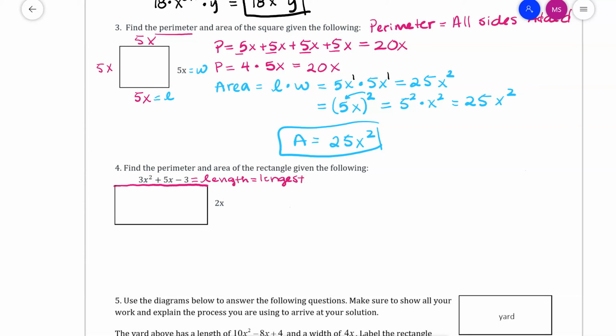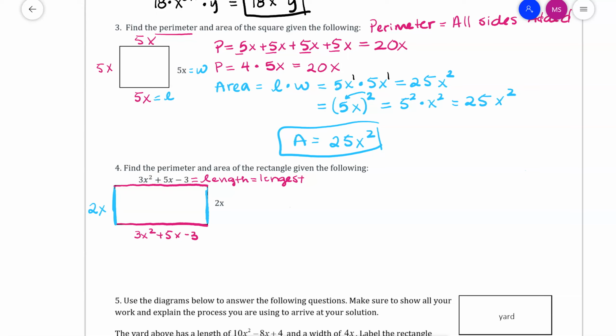All right, and then that means that the length on the opposite or parallel side is also the same amount, 3x squared plus 5x minus 3. And then the width, same as the parallel side, this is going to be 2x. All right, so when we find the perimeter, we just add all of the